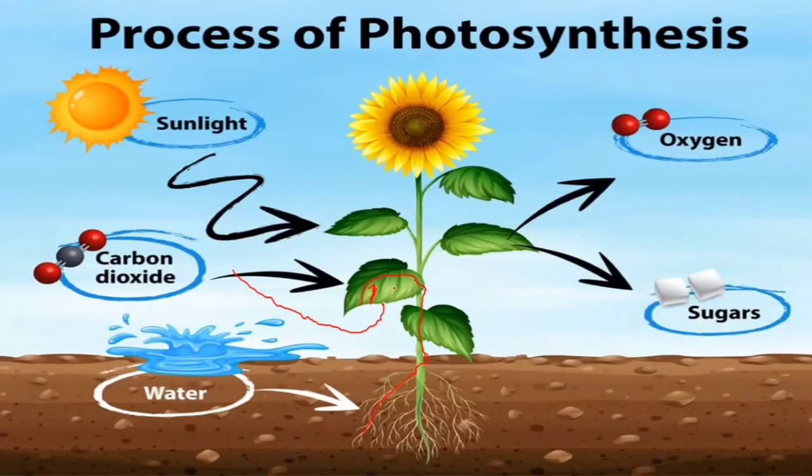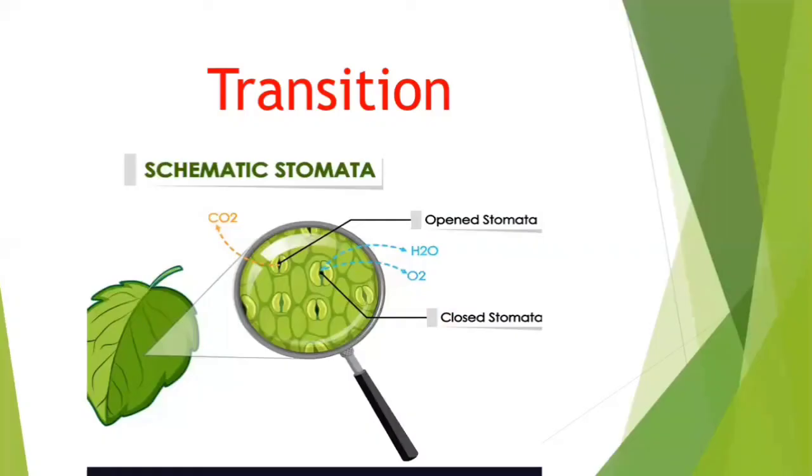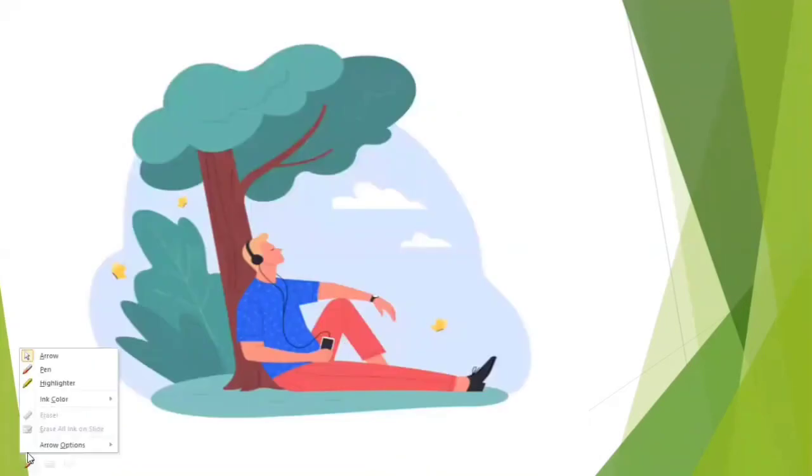Now, there is not only one thing for leaves. There is one more procedure for a leaf, which is transpiration. Now, transpiration means, as I said, that over here the stomata inhale. You will not understand like this, I will show you. Now you all know that when we sit under a tree on a hot summer day, we feel that we are in the shade of the tree. We feel a little bit cool. Most times we sleep over there if we wait for a long time. Why? Because of the transpiration.